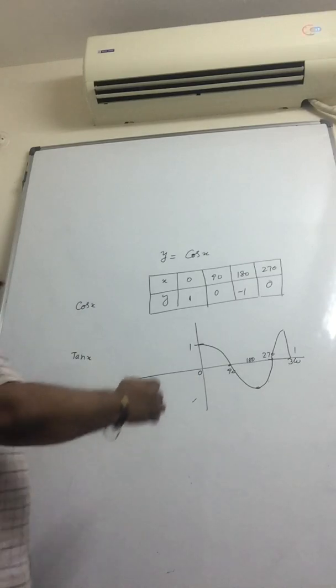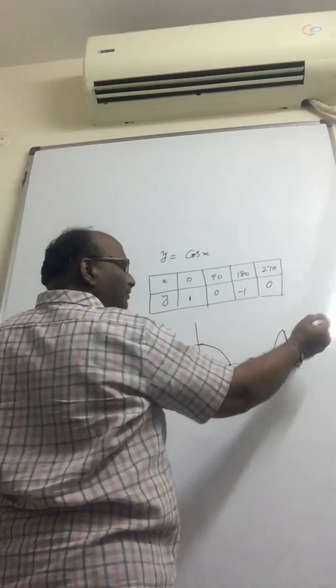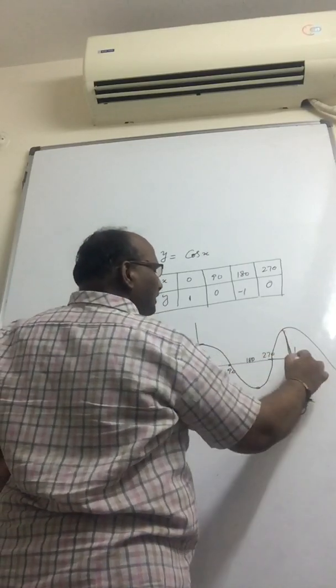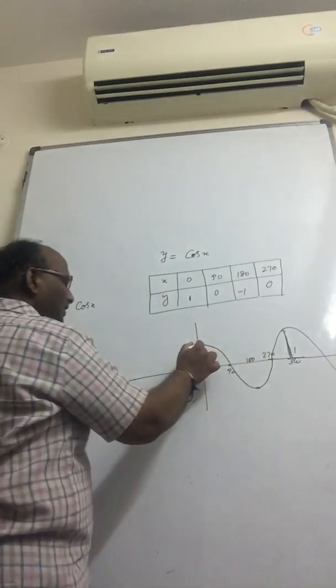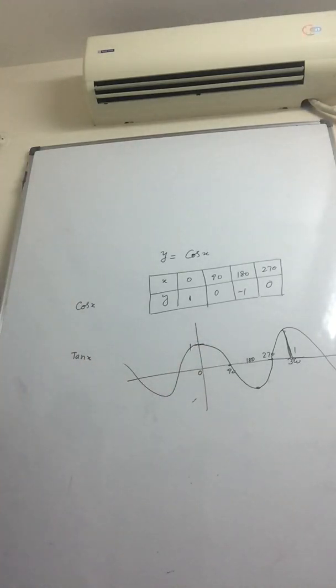Right? So the same graph, this part of the graph will repeat. It is a periodic function that we will discuss later. So the graph will be like this. This is the cos x graph. It also attains a maximum of 1 and minimum